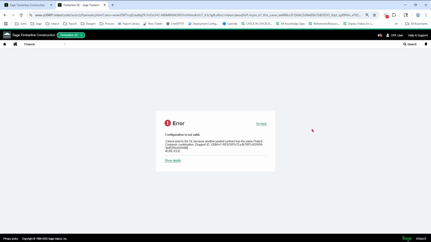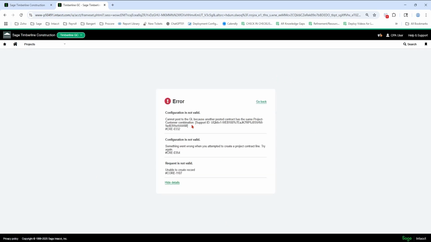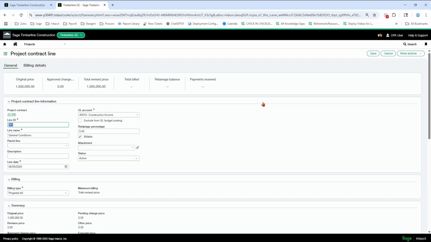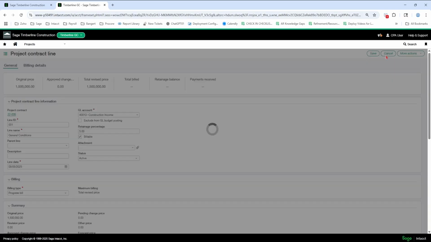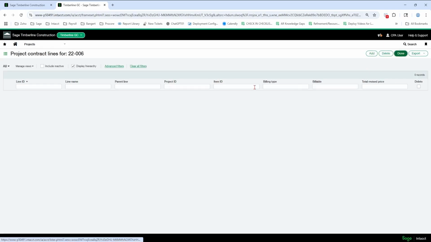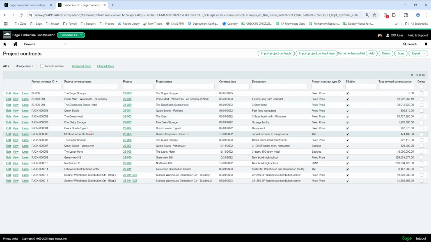Now this is a good scenario I want to point out. I already have a contract with that specific job set up in the system. So I'm going to show you why that error message occurred. I'm going to cancel this and go back to the header screen. This is good to show. Right here, I already have a contract set up for the Sugar Shop.